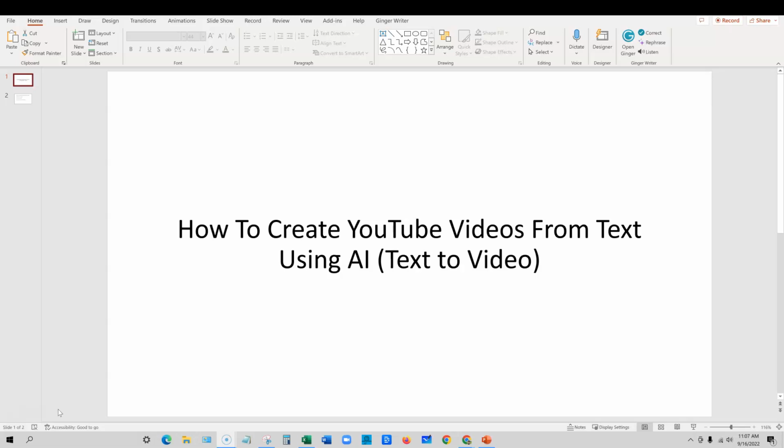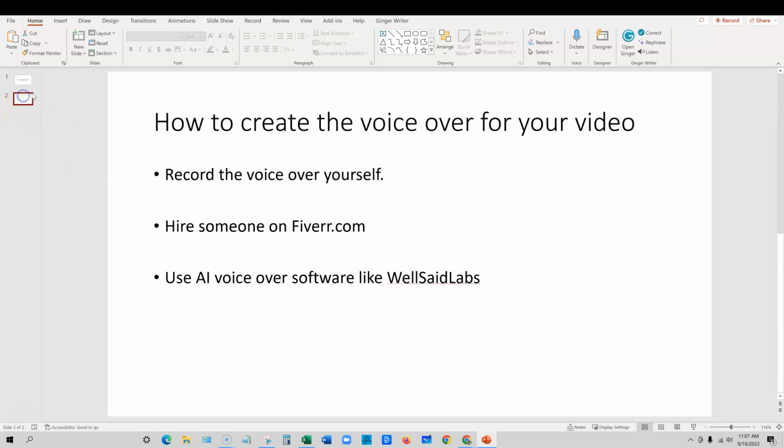So this is how to create YouTube videos from text using AI. A text to video is what we're going to be looking at, and how we can automate this process and make it really fast. But before you do that, there's a couple different things you can do. Actually, there's one more I can put on here, but we want to talk about how to create the voiceover